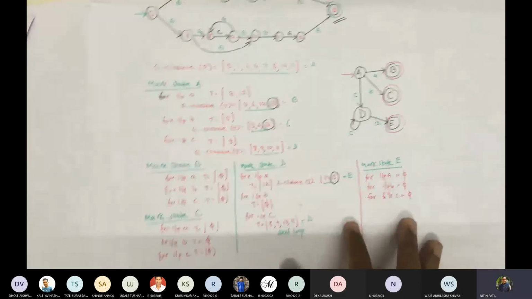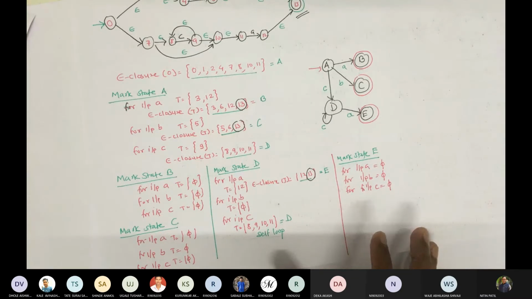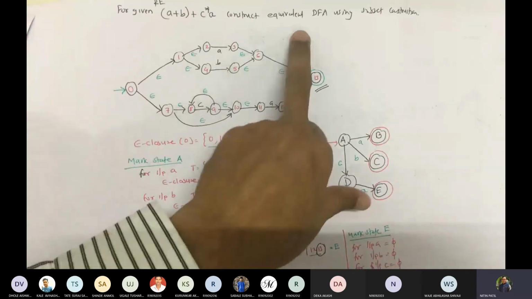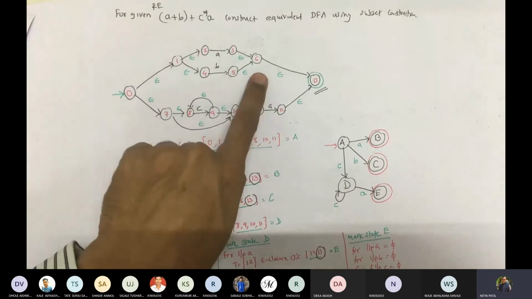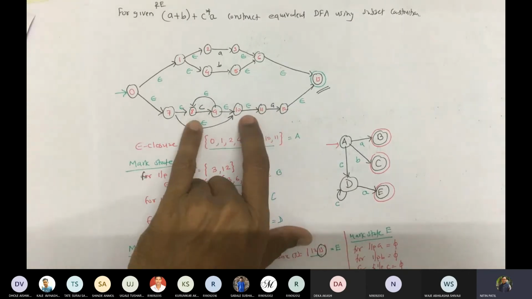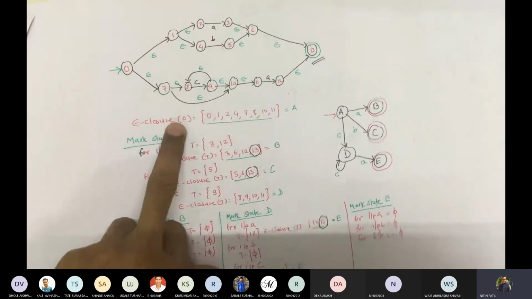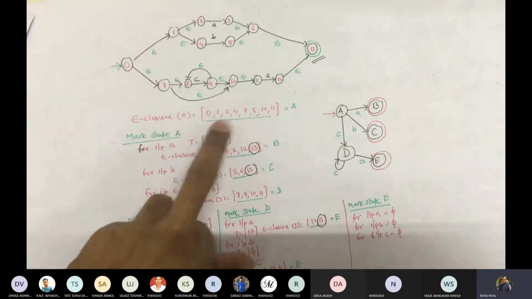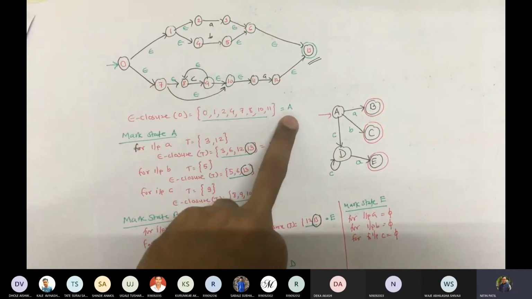So this is the solution that we got for the given regular expression. How do we work with it? We have been given this regular expression. First of all, draw an NFA for this: a plus b. Then c star a, connected with epsilon, and then it is plus. So that's why two states and then connected. We computed the epsilon closure. So we got 0, 1, 2, 4, 7, 8, and then 10 and 11. So that's why we got A.